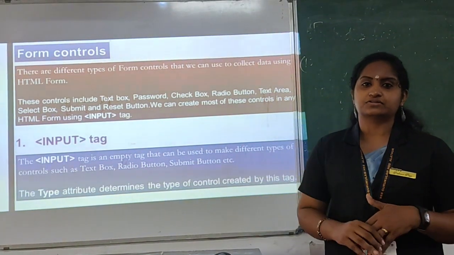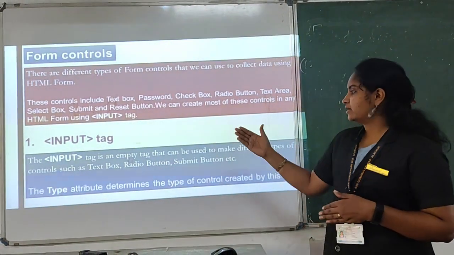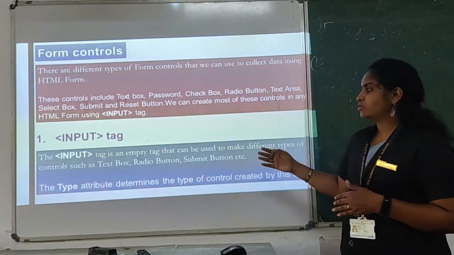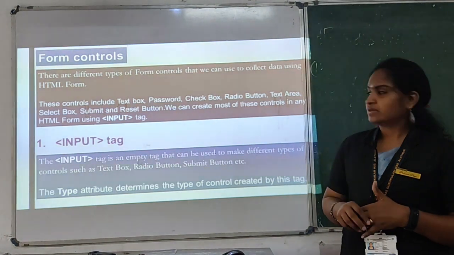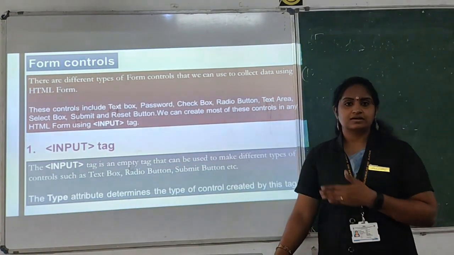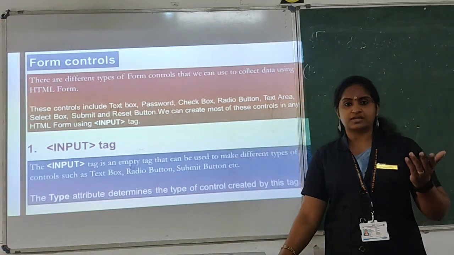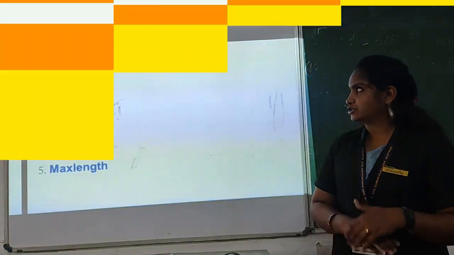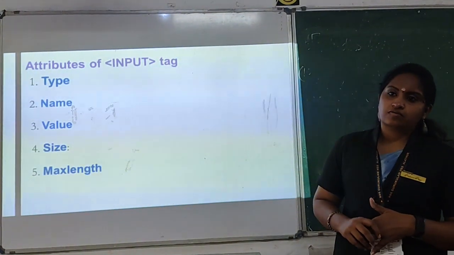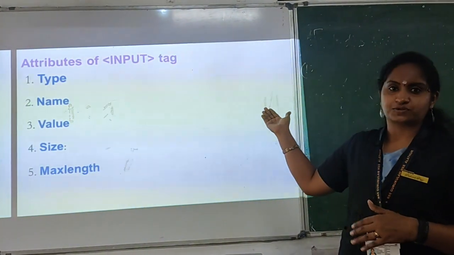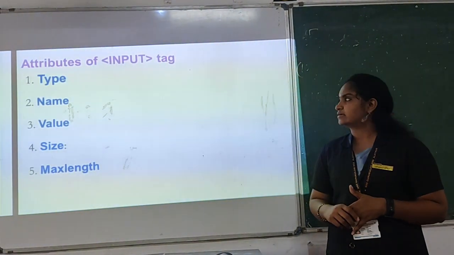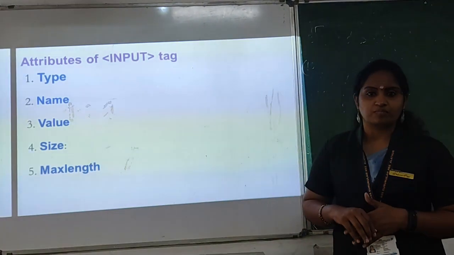We are entering the details to that. So here is the main tag, input, and we have these options to input the contents. Its main attribute is type. Here we are giving the type as text box, check box, like that. So the main attribute of the input tag is type, for which you can use different options. And another one is name. I will show you the program, then you can understand. You have to give the form name.